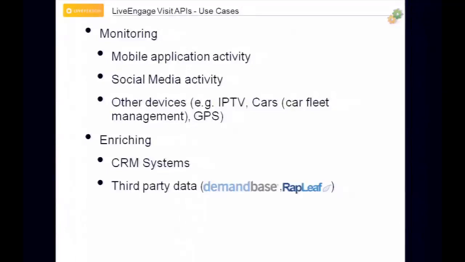Third-party data. We have two partners that you can see here, Demandbase and Rapleaf, that enrich the information that you can have about a visitor. Demandbase uses the IP address to supply a lot of information about the visitor. Rapleaf uses emails to give you the information, and the agent now can know a lot of information about the visitor who is chatting with him in advance,